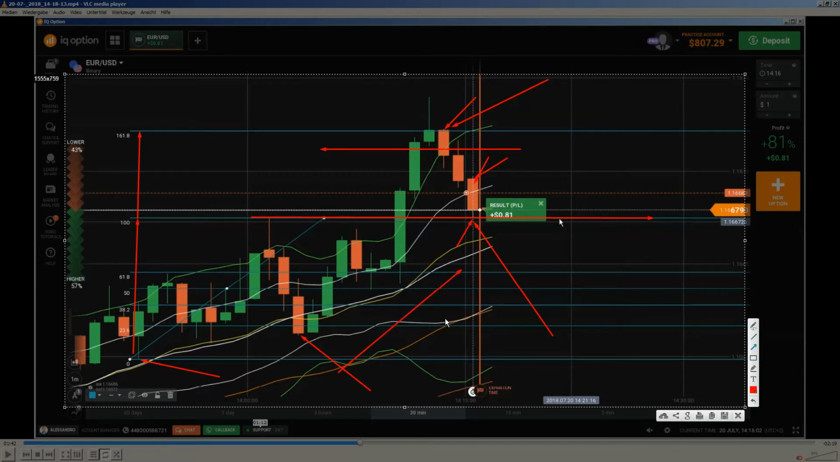We are in an uptrend. You see the 100, the 50, the 20. And then price got a rejection from this support level. So okay,